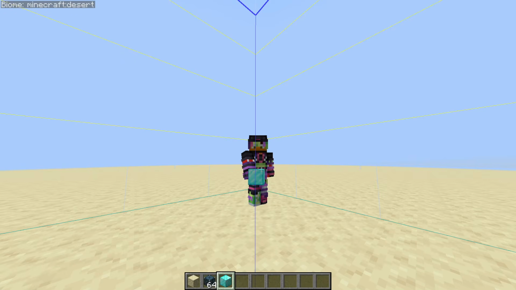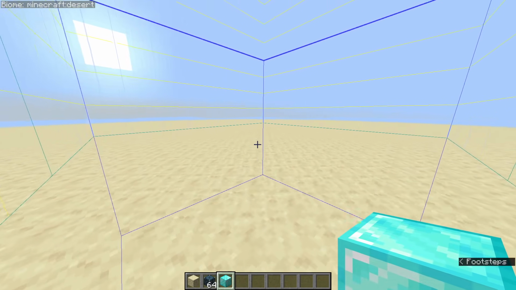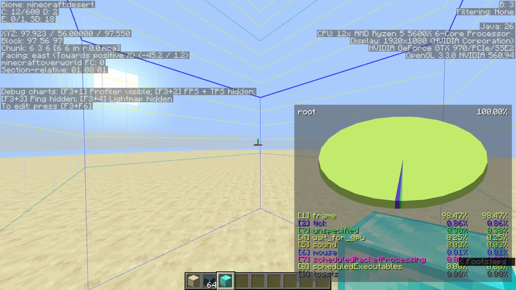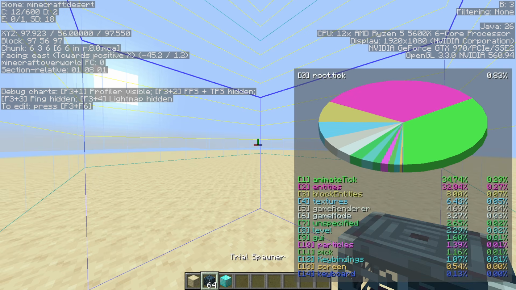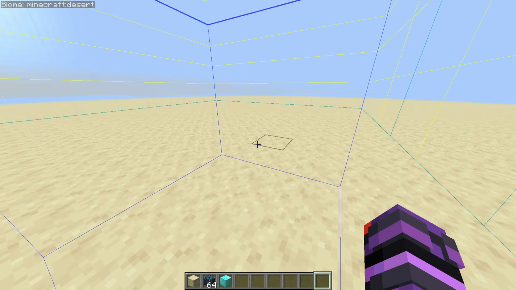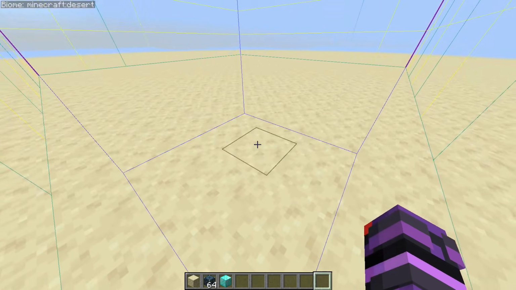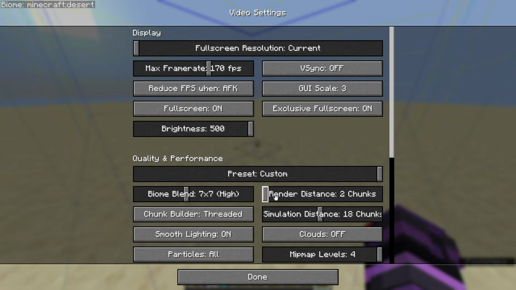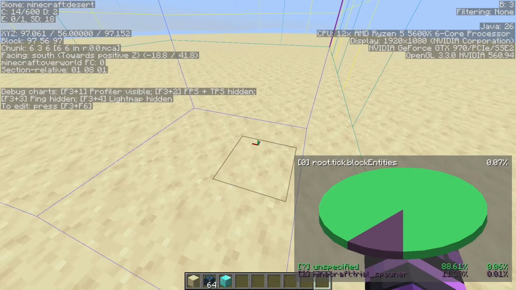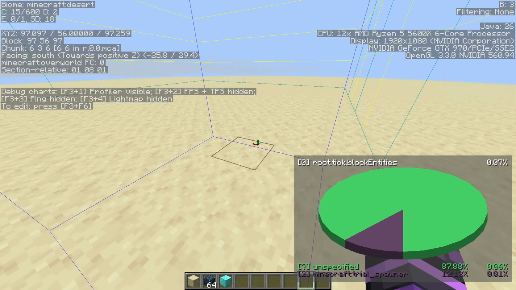Right, so I'm going to show you how to find a cloud chamber in the pie chart. To get to your pie chart, you're going to do F3+1, and press tick and block entities. Basically, we're going to use a special chunk. This special chunk on 2 render distance makes it so that you can tell exactly where a trial spawner is,